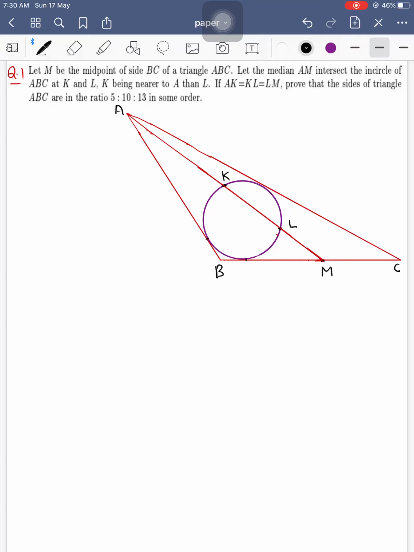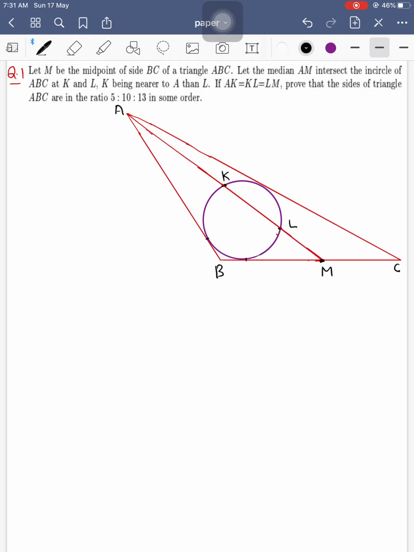This is 2005 Indian National Mathematics Olympiad problem number 1, and here is a view of this geometry problem. Let M be the midpoint of side BC of triangle ABC. M is the midpoint. Let the median AM intersect the incircle of ABC at K and L, K being nearer